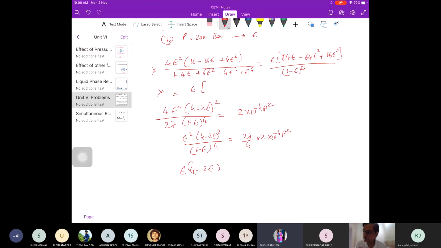Epsilon is always less than 1, so it cannot be more than 1 because it is essentially conversion. Generally less than 1 आता है एप्सिलॉन का वैल्यू।